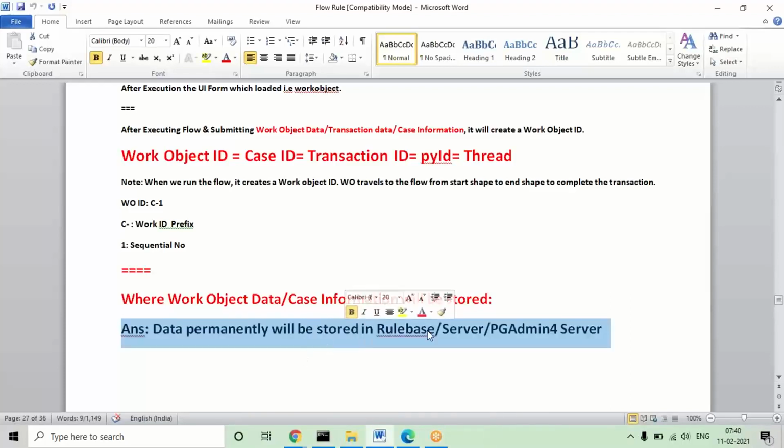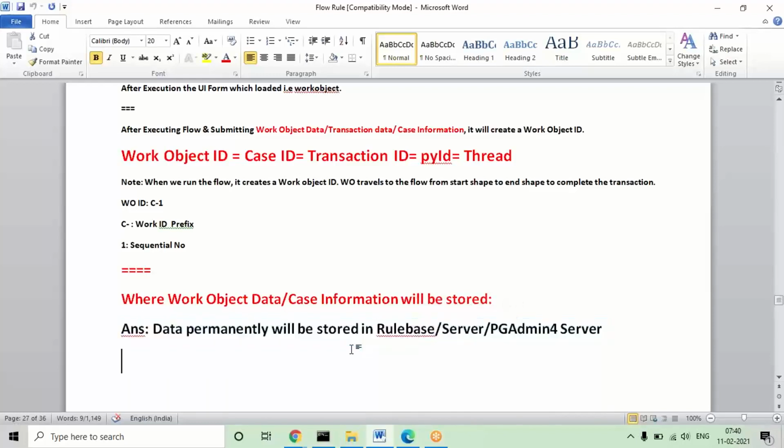And in the rule base, where is the location, in which table it is going to store, that we are going to know. Though we don't check every time, as a developer you must know the path once. No need to open and check the data every time. Any debugging you perform, you'll perform in the developer environment only. No need to open the rule base in every scenario. If you want to know once, you can know. If an interview question comes, you can answer it.